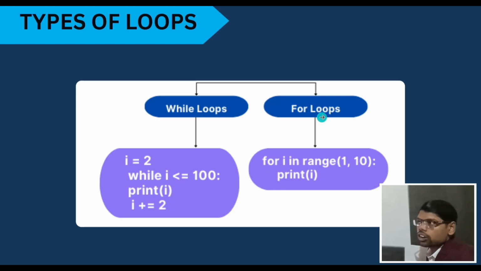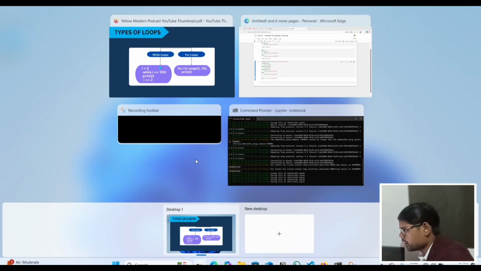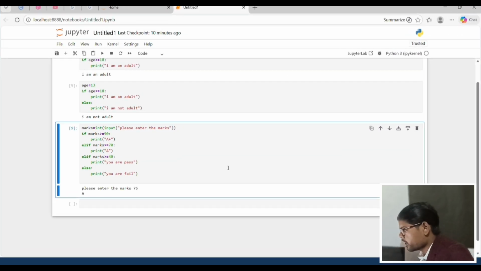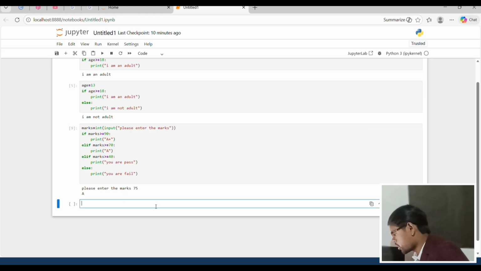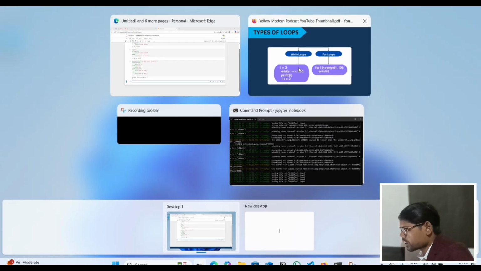A for loop is used when numbers are iterated. When numbers are iterated, use a for loop.